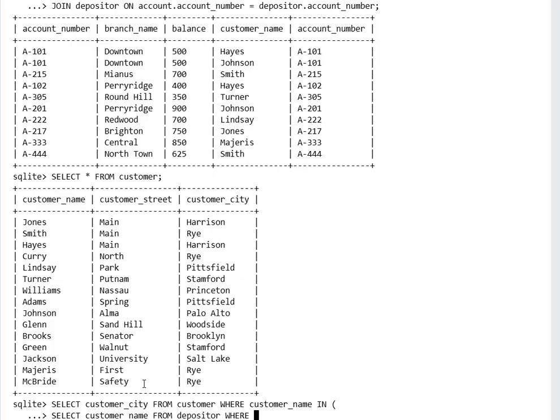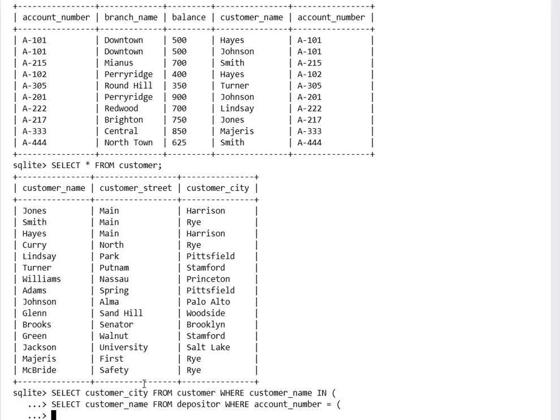Now the account number is given by the next query, where account number equals, what we can do, we can simply use another parenthesis and wait for the next query, and the next query is simply selecting the account number, because we require the account number, from the account table, and we are going to put some conditions,